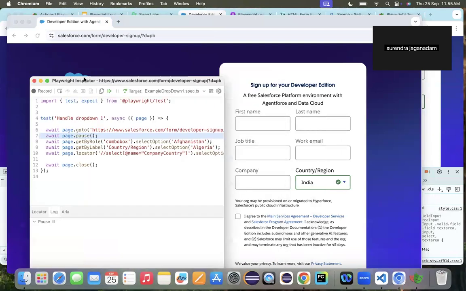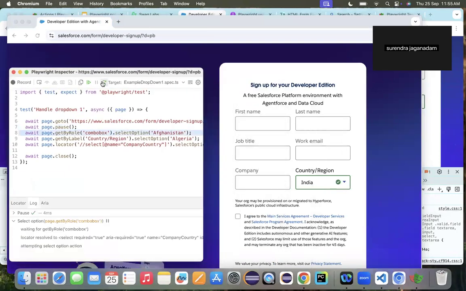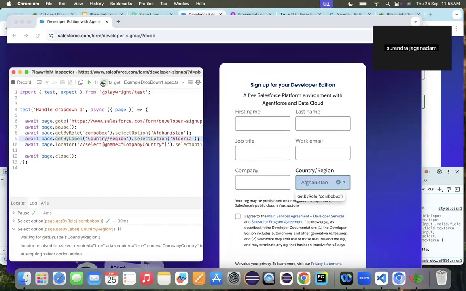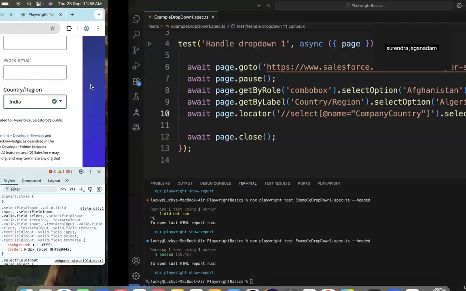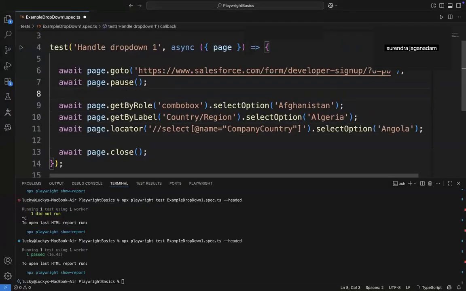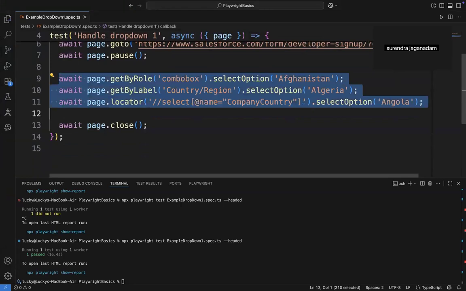Pull up the inspector session and let's press step over. The first time Afghanistan got selected, the next time Algeria got selected, and the third time Angola got selected. So whichever options you have specified, all those options got selected. So using these three ways, you can select a value from the drop down. Not only these three ways, there are two more ways using which you can select a value from the drop down,